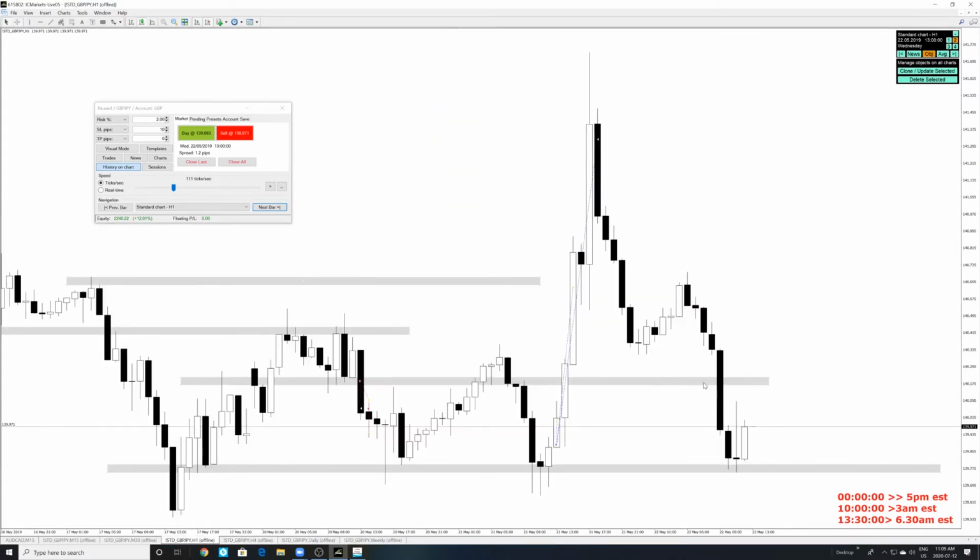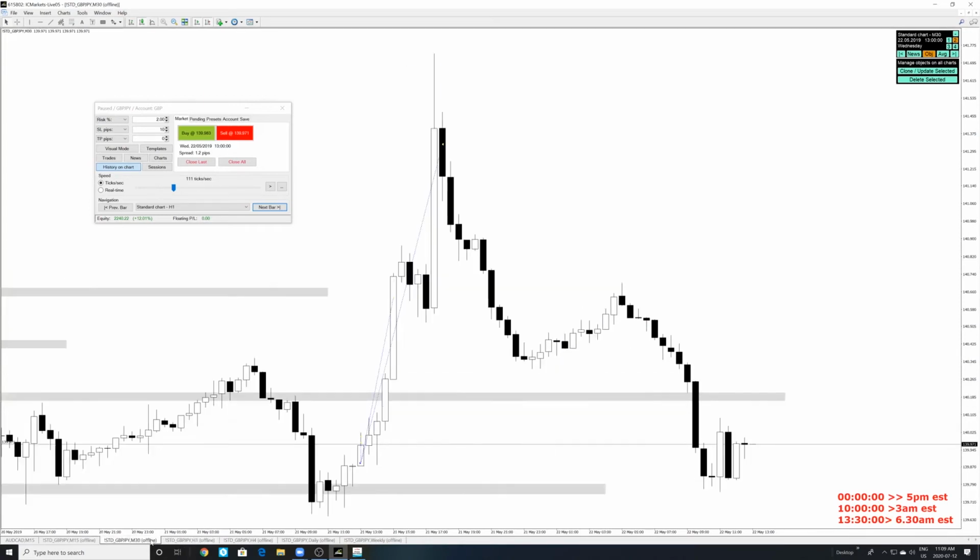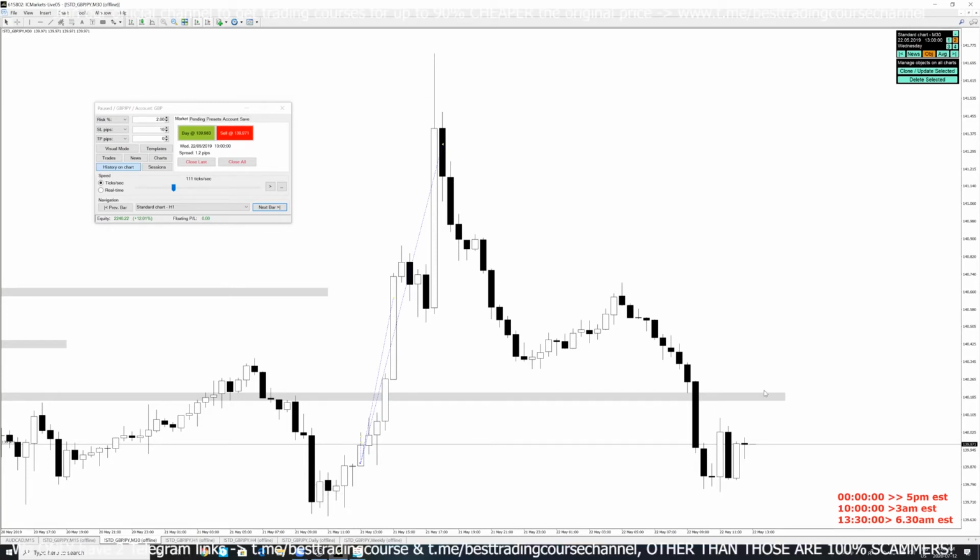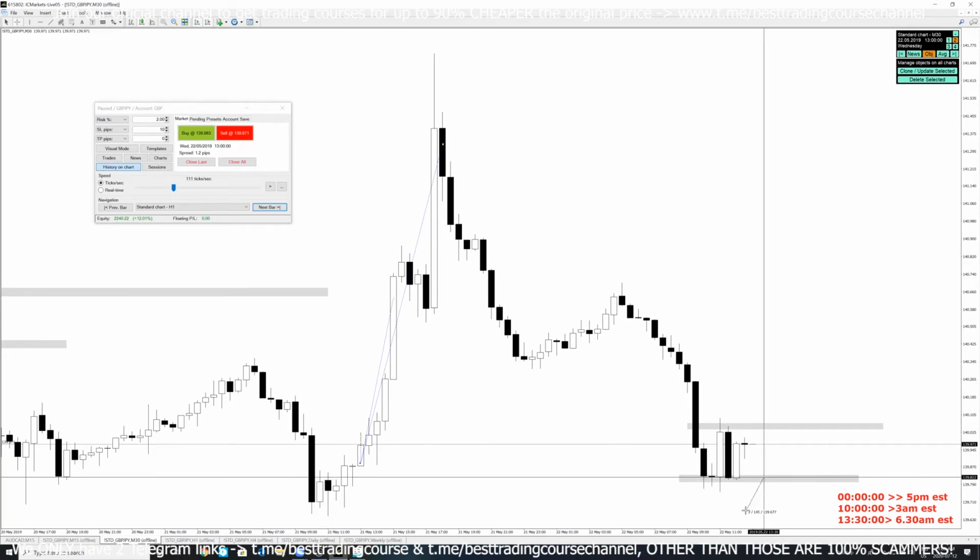So let's look at the 1 hour. The 1 hour is basically in a range. Let's take a look at the 30 minute. The 30 minute is ranging right now. So let's just remove all these pointless zones over here and do a fresh analysis based on the 30 minute. The 30 minute is creating a resistance and a support, right? If we break down, I think we're going to come down towards this area, which is like 20 pips away. So I think we can get a trade once price does that.